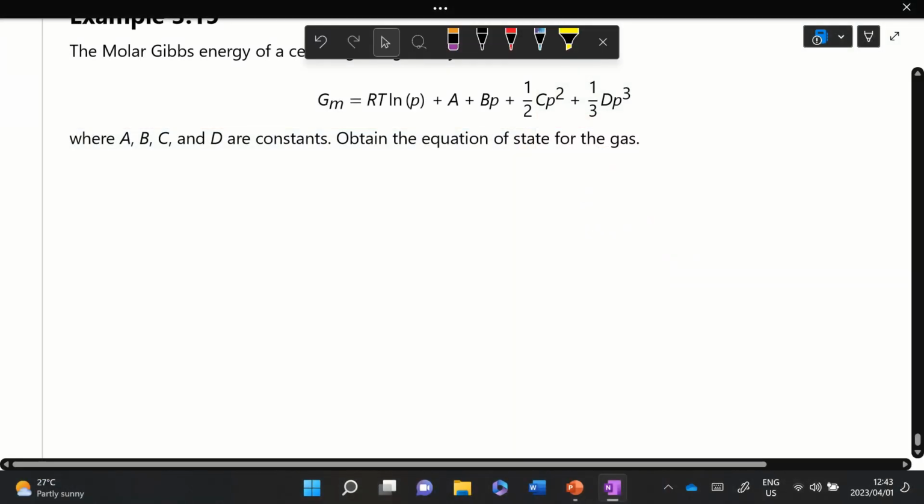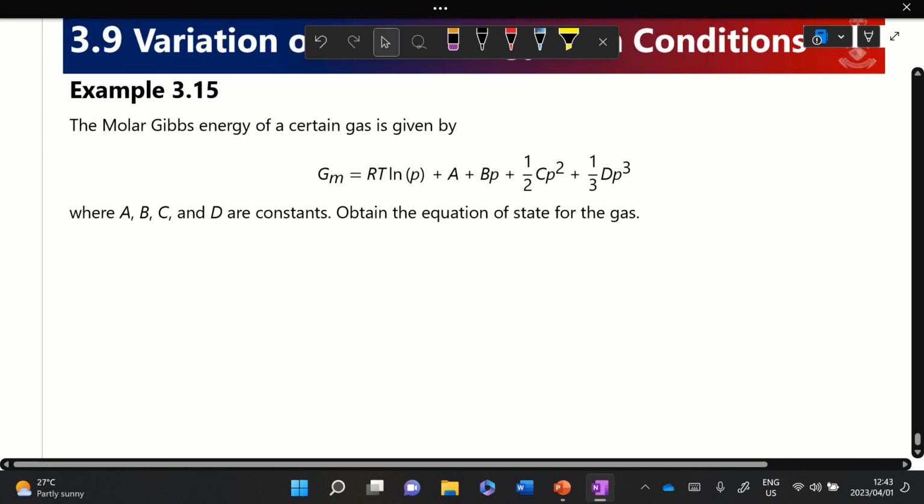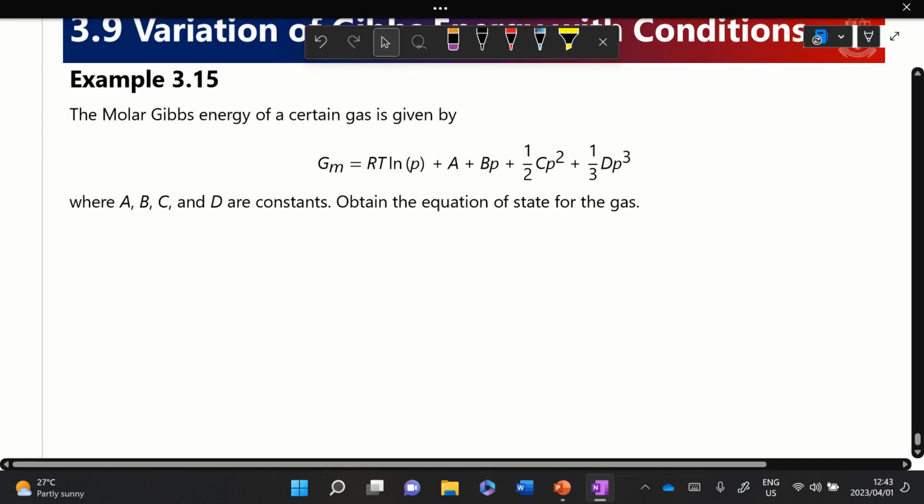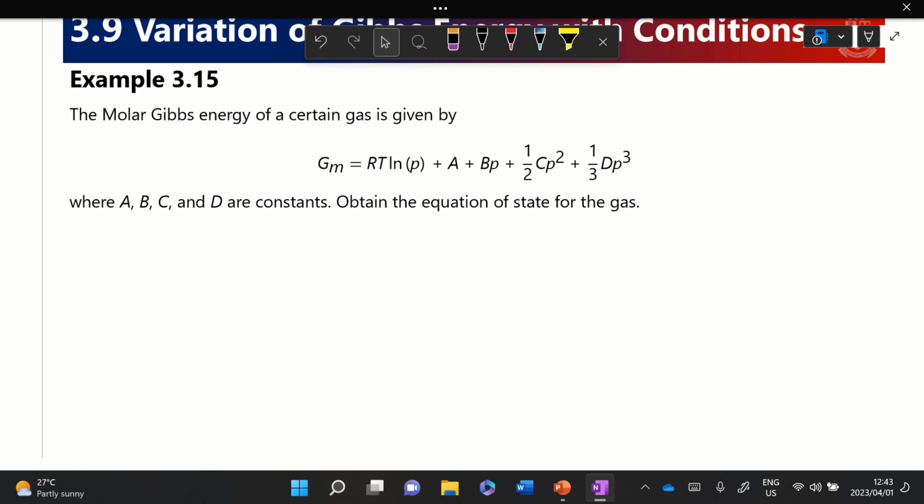Okay, so this final example is asking us, with a given molar Gibbs energy equation or some expression for it, to obtain the equation of state for the gas. So remember, if we need to obtain an equation of state for a gas, it means we need to find an equation